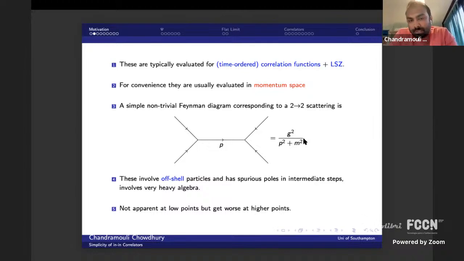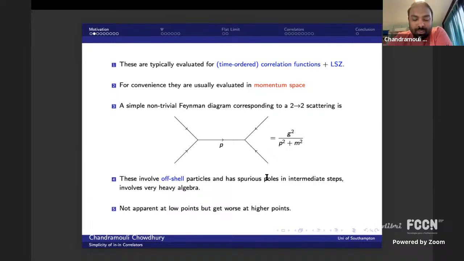An example of the first non-trivial Feynman diagram that you draw is perhaps for a 2-to-2 scattering, where you have some propagator, and it just looks like this. It has an expression of the following form, where you essentially get the coupling constant along with the inverse kinetic term. Now, while these Feynman diagrams are nice and get us through our QFT1 courses,